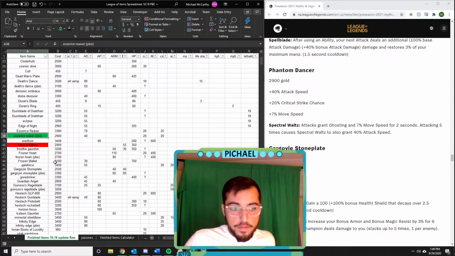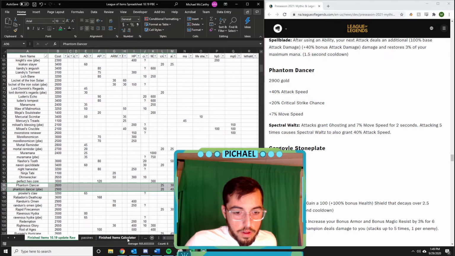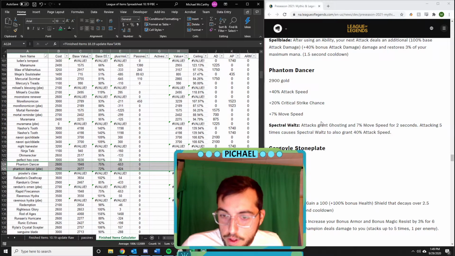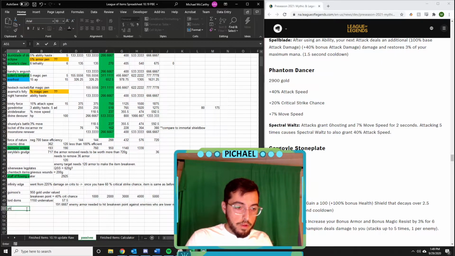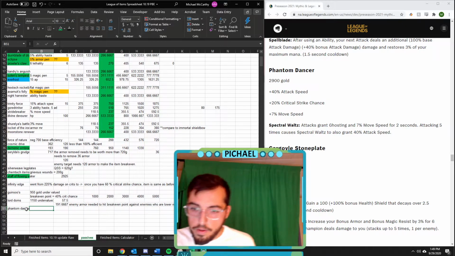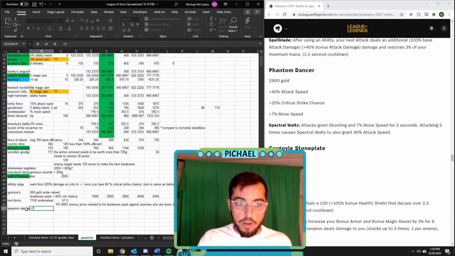Phantom Dancer costs more gold now. Okay, so attacks grant 7% movement speed. Attacking 5 times causes... Wow. Alright. Phantom Dancer. Attacks grant ghosting and 7% movement speed, so it equals 7